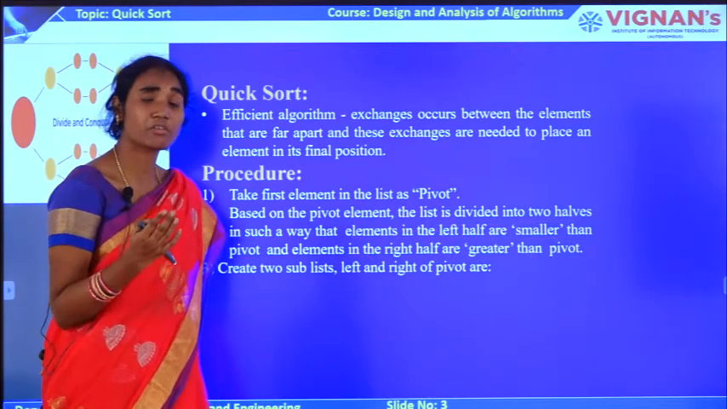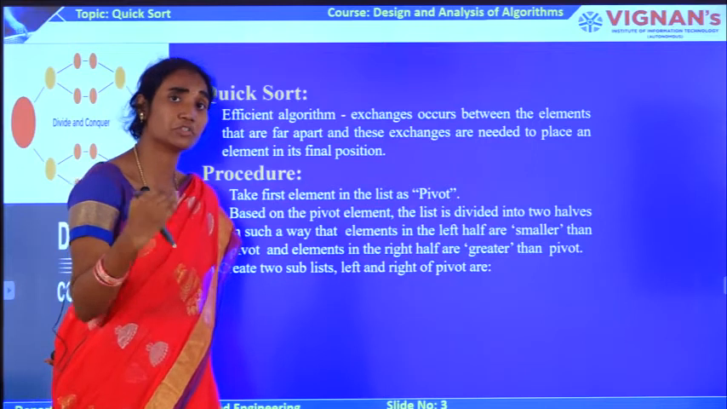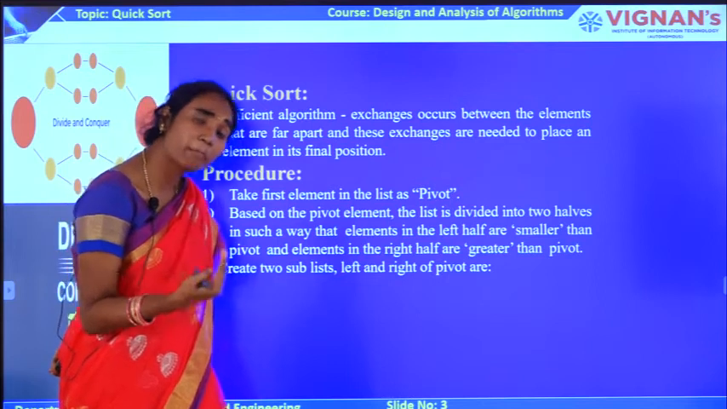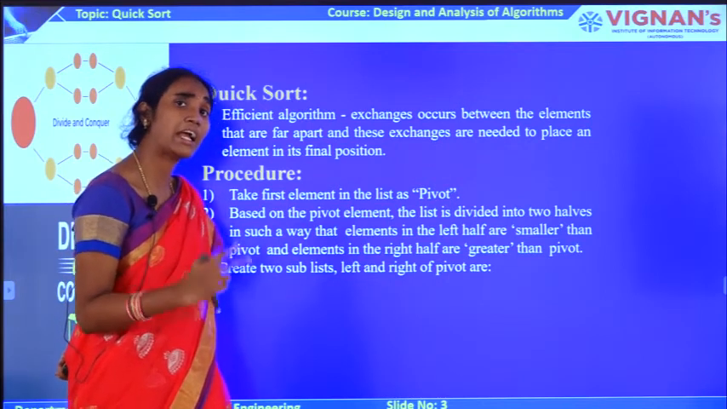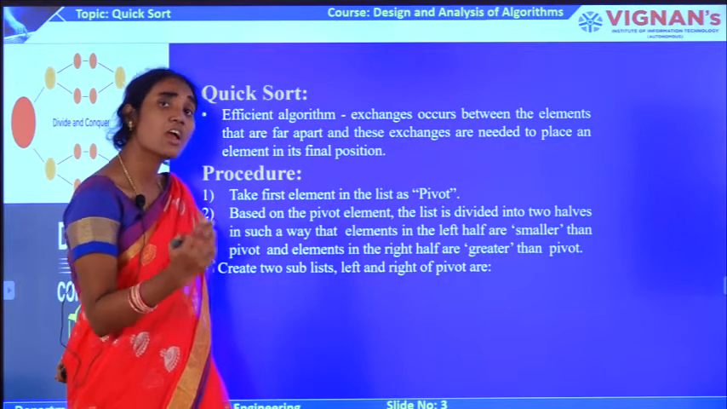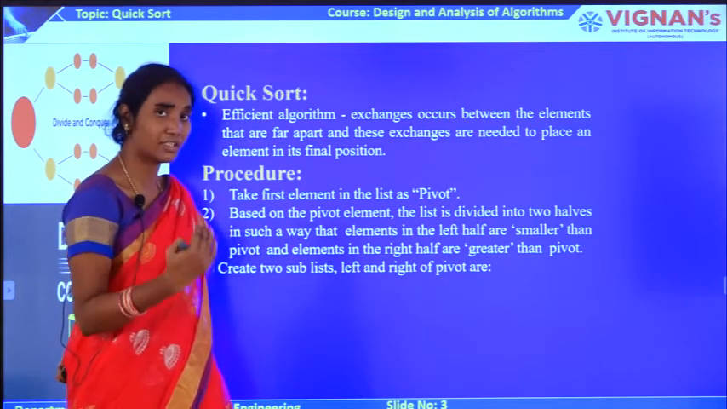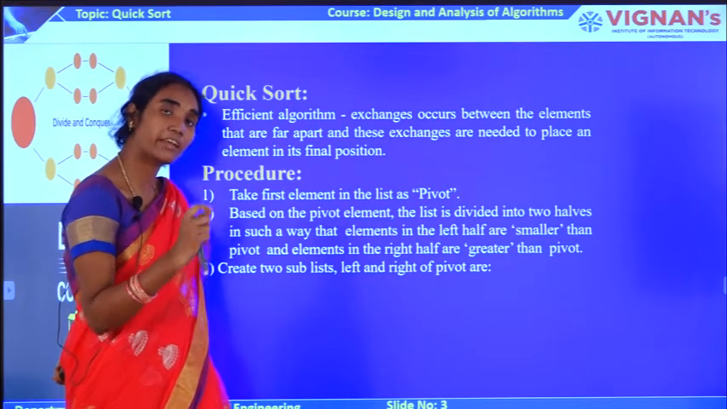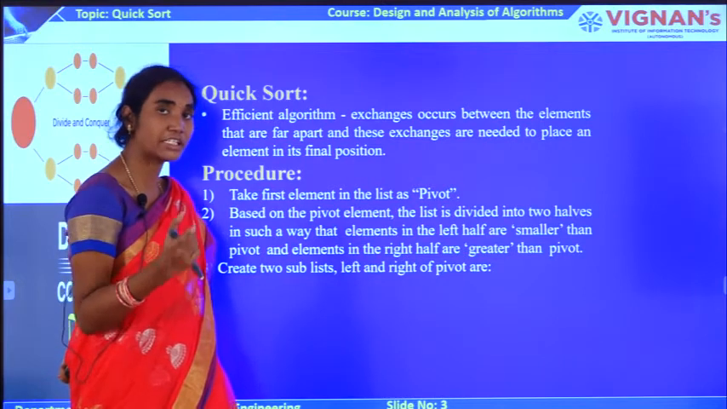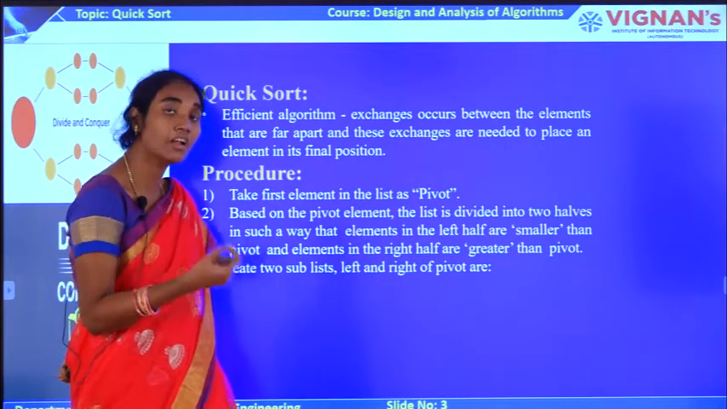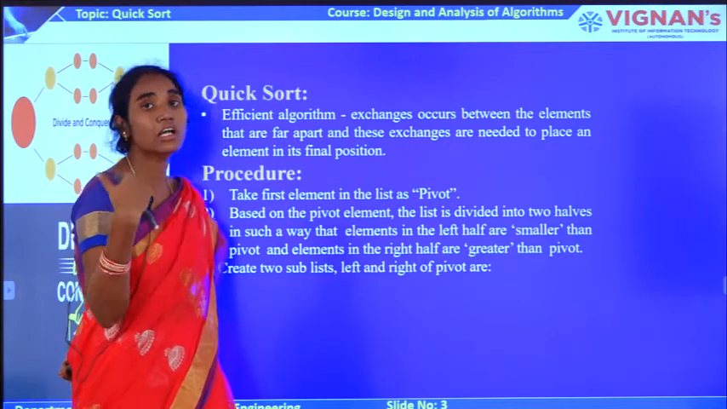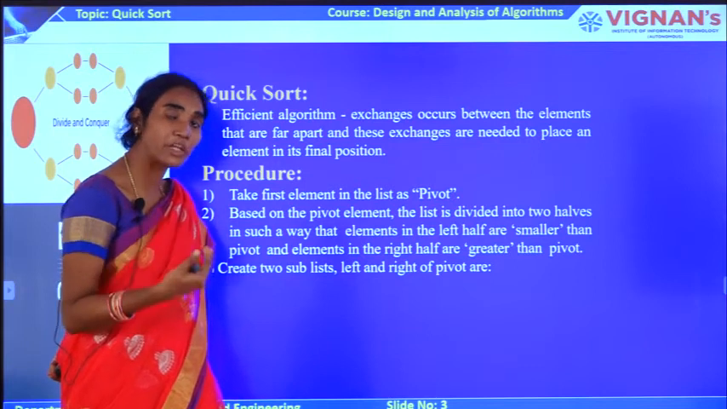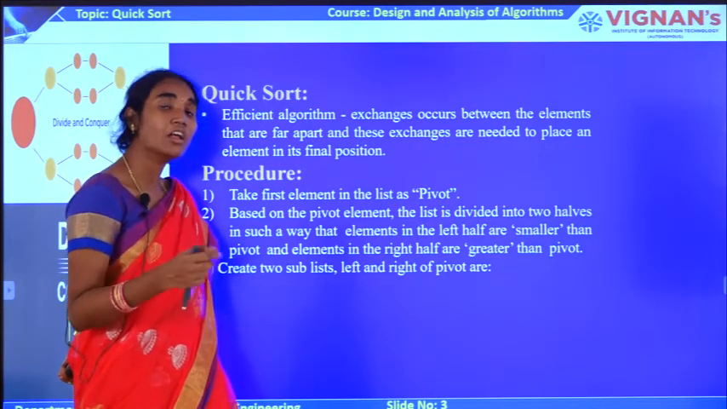Create two sublists. Whenever I make the pivot position correct, what happens after that? Again I have to apply the divide and conquer procedure such that I will have two more lists: one is the left sublist and the other is the right sublist, because the pivot is already positioned in the correct place. So I have to take the left sublist and right sublist, that is from the starting position to pivot -1, and pivot +1 to the last one. Likewise I need to apply the quicksort again and again